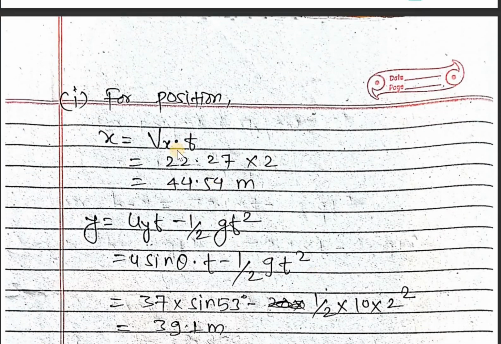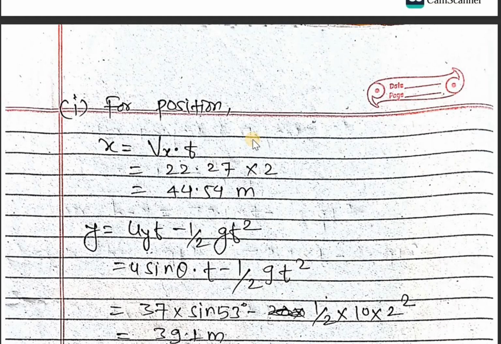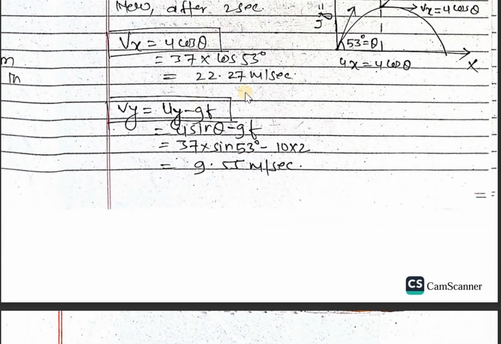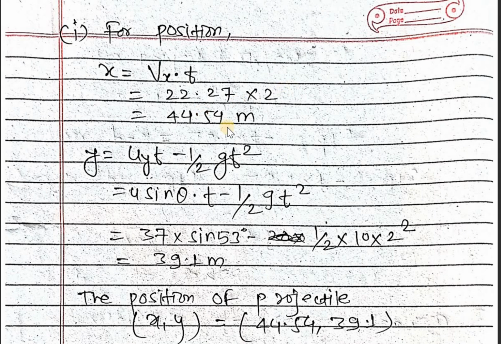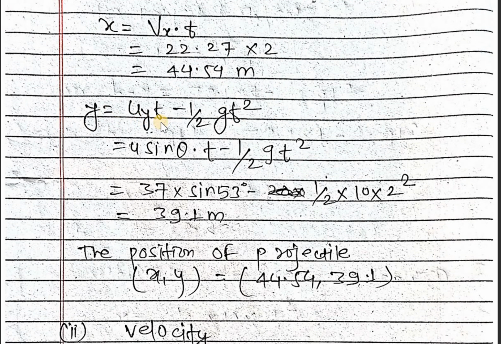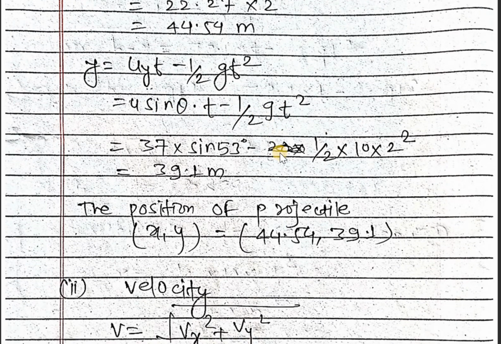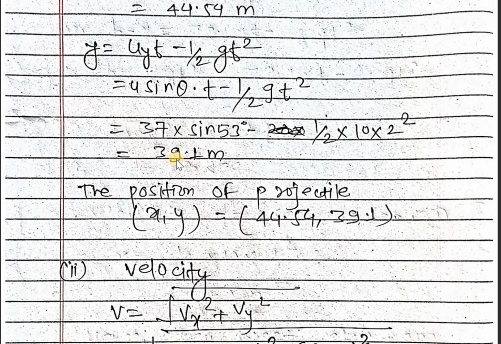And for position, x equal to vx into t, and the value of vx is 22.27 into 2, 44.54 meter, and y equal to uy t minus half gt square. So in place of uy, we can write u sin theta into t minus half gt square. After calculating this, we can get y equal to